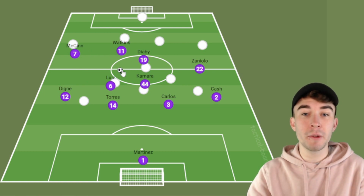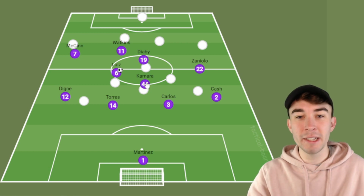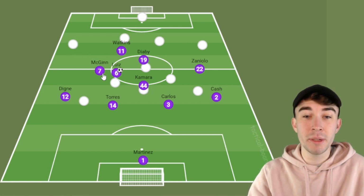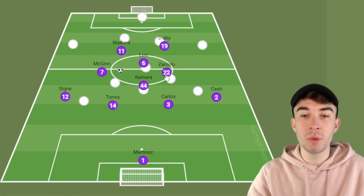Once you've gone into the middle of the pitch, they will then nick the ball and counter-attack once again, nice and fast and direct. This is also reflected by the fact that at times they will shift to more of a diamond out of possession. Douglas Luiz will step to the tip of the diamond, the two wide midfielders will come inside like this,